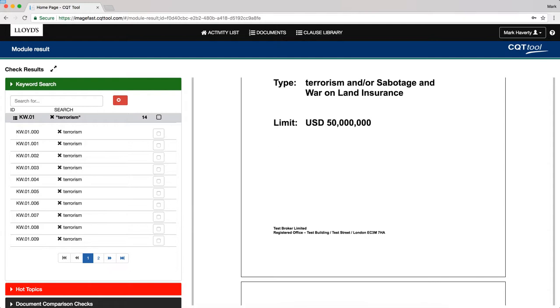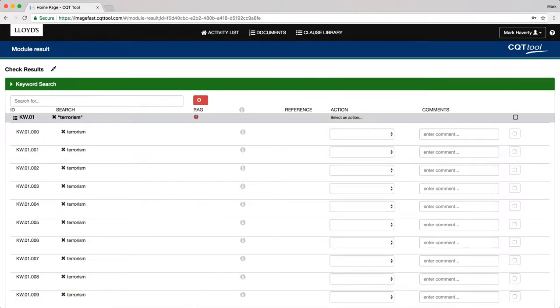Now, as with document comparison and PBQA checks, we can expand the check results pane here, and we may see a keyword search result that we want to do something with or make a note against or possibly refer. So again, I can select a refer and enter a comment. And if I tick the box to save that, then close the check results,